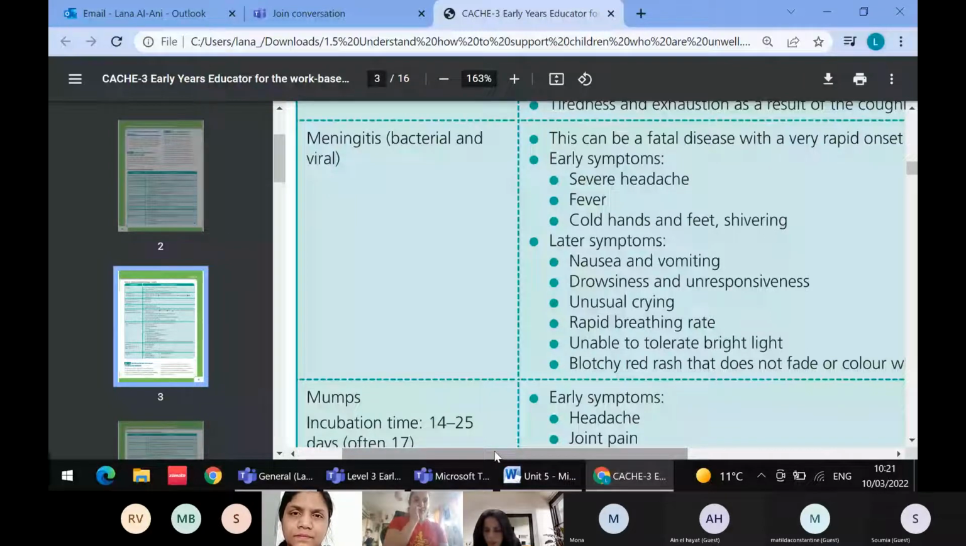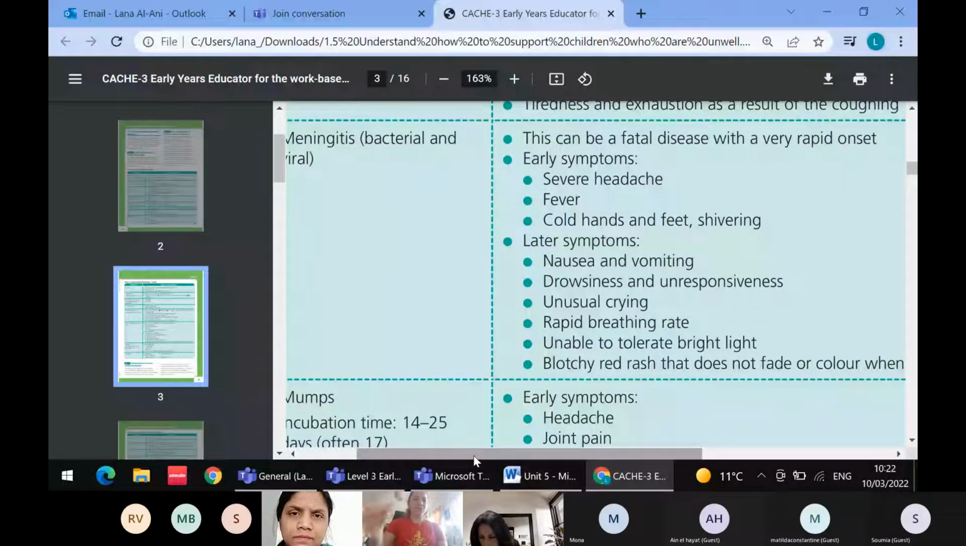After that they get vomiting because of the headache, and they feel dizziness. Okay, very good. So the symptoms for this illness: severe headache, fever, cold hands and feet,